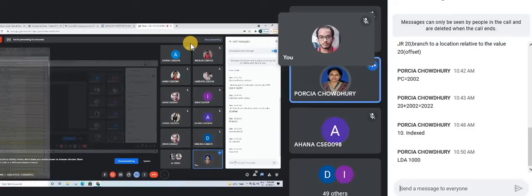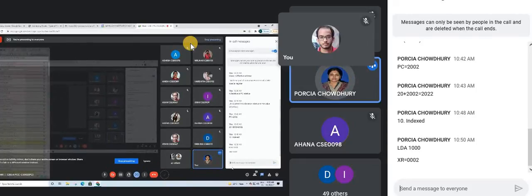So what we have to load in the accumulator? Suppose over here the value of the index register, specified by X always. Like program counter, whose abbreviation is PC, the abbreviation of index register is XR. Suppose the value of the index register is this.